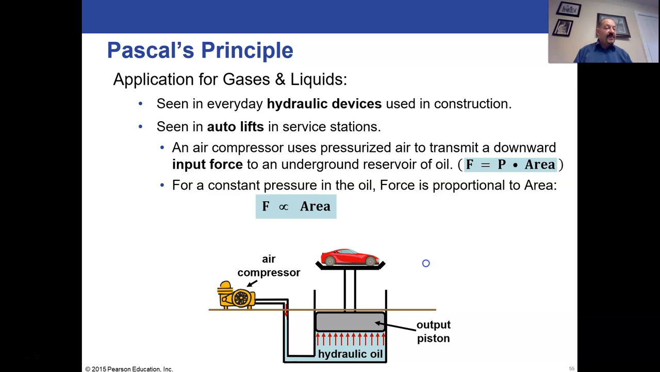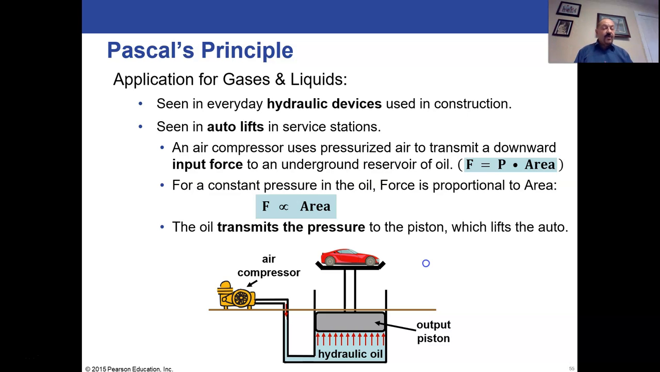right? Because the force will be proportional to the area if the pressure is the same. And in this case, pressure is the same. That's Pascal's principle. So the oil will transmit the pressure. This is actually filled with oil, not with water. And so that one arrow of force on the left becomes many arrows of force on the right pointing up